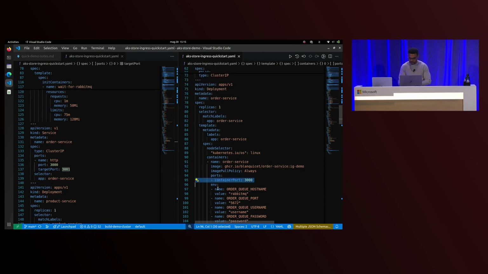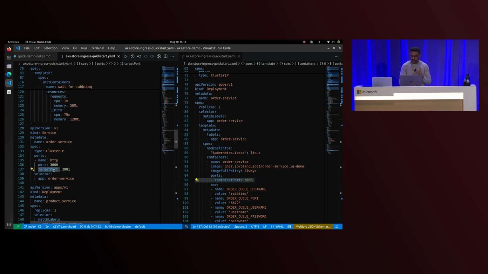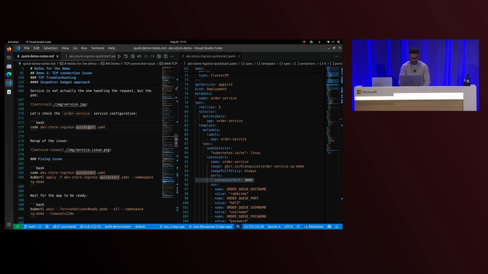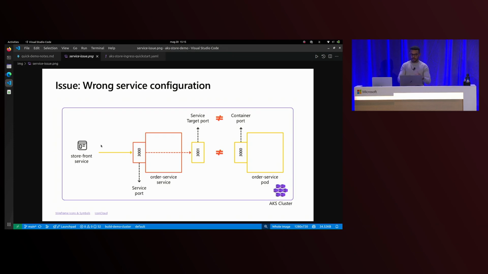Look, the container port and the target port should match, because this is the port that the service will try to connect to. So we have identified our first issue: we see a mismatch between the service target port and the container port.